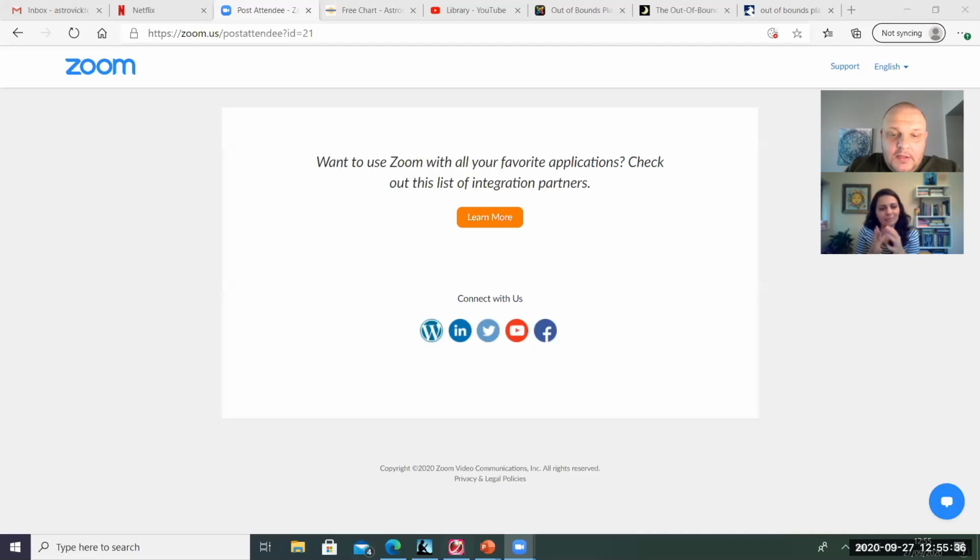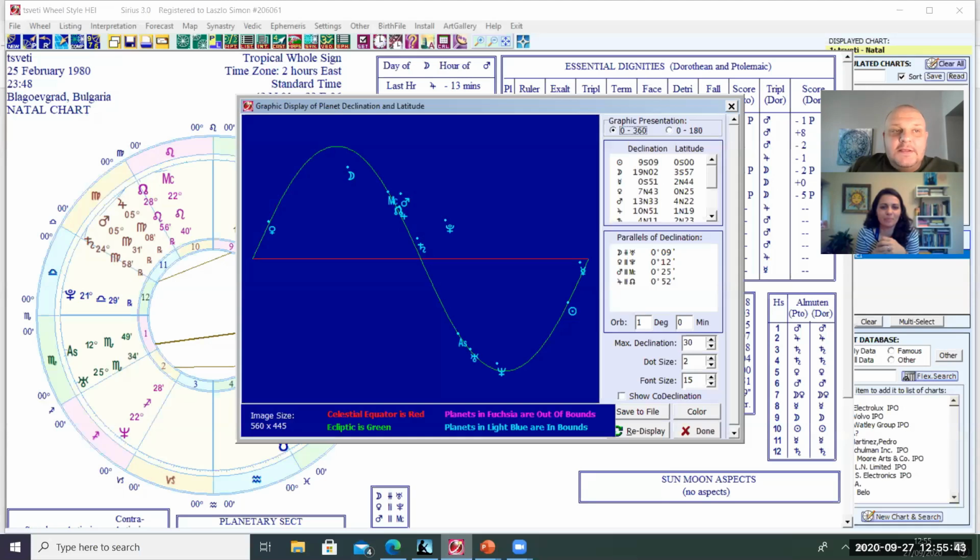If you guys don't know what out-of-bound planet means, then basically, actually, I'm going to show you so it's easier to explain. So, oh, why is it not clicking? Here you go. So, for instance, that's Tsveti's chart. I knew she didn't have one because I had a look. But basically, what you should see here is that